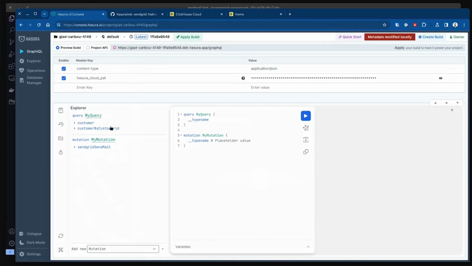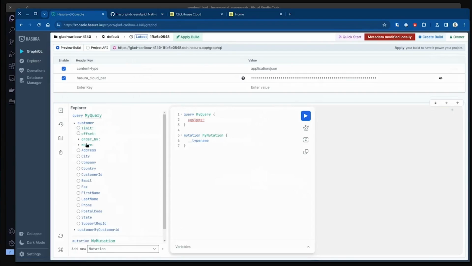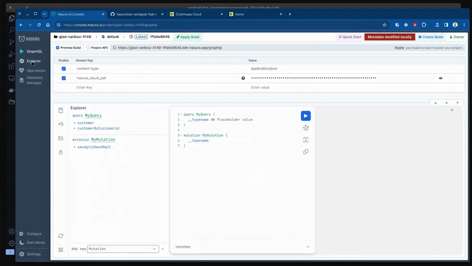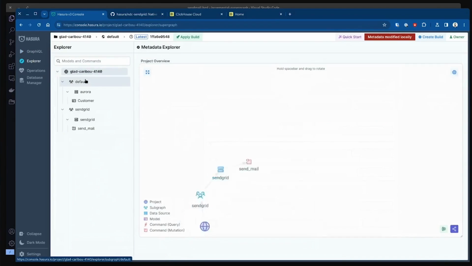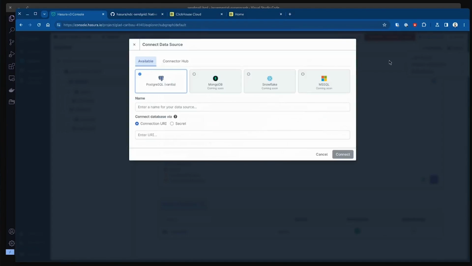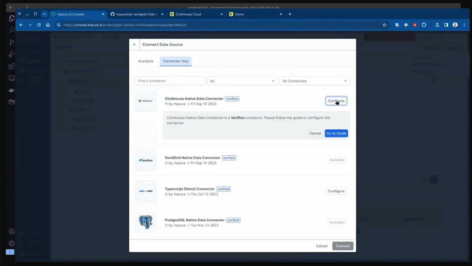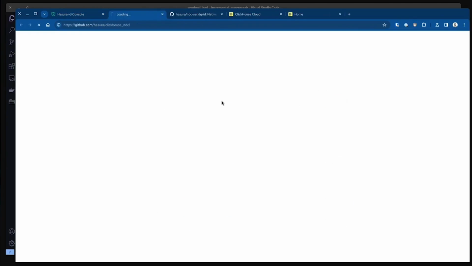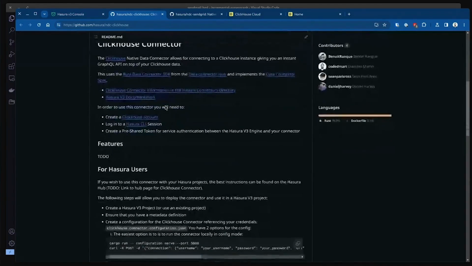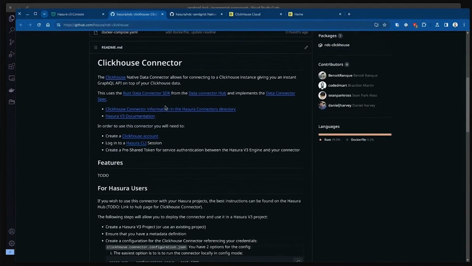Great. The next thing that I would like to do real quick here at the end is, as part of my application, I have a separate ClickHouse instance where I store all of the customers' total purchases as an aggregate. I'm pretty sure I saw it here, so let's go back and look. Yep, we do have a ClickHouse connector. So I want to go ahead and set up this ClickHouse connector. If I go out to this one and follow through the README here,